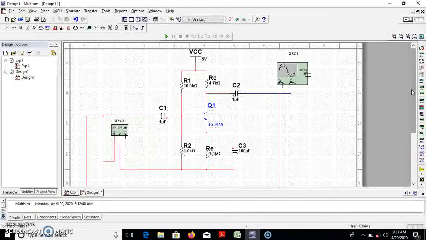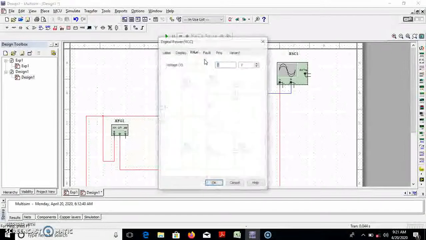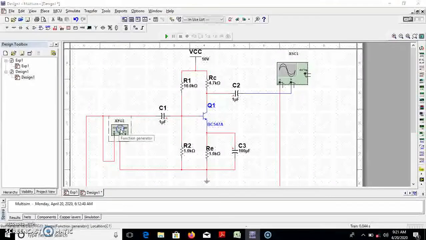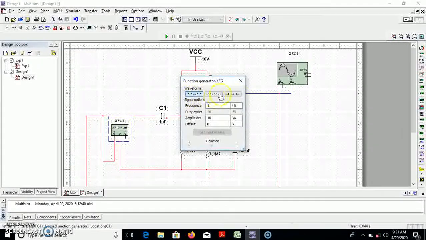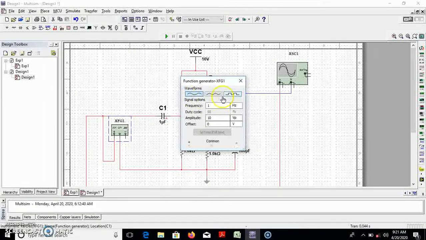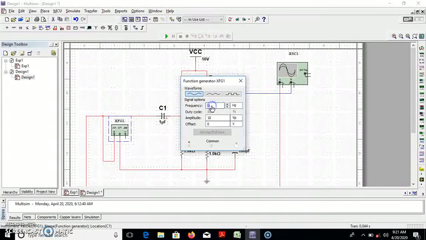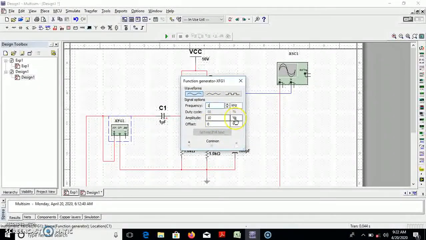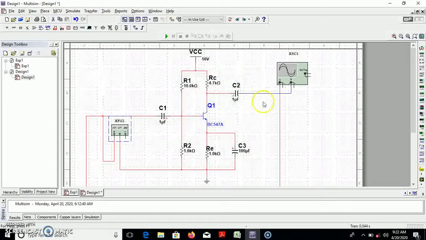Now from the experiment, I require to set the value of VCC to 10 volt. Now you require to select which kind of waveform you want to supply. By clicking on the function generator, it will show you which waveform you can select: sine wave, triangular wave or square wave. You select sine wave, the frequency is 1 kilohertz, and the amplitude is 10 millivolt peak. So 10 millivolt peak is equivalent to a 20 millivolt peak to peak signal. After selecting this, close it.